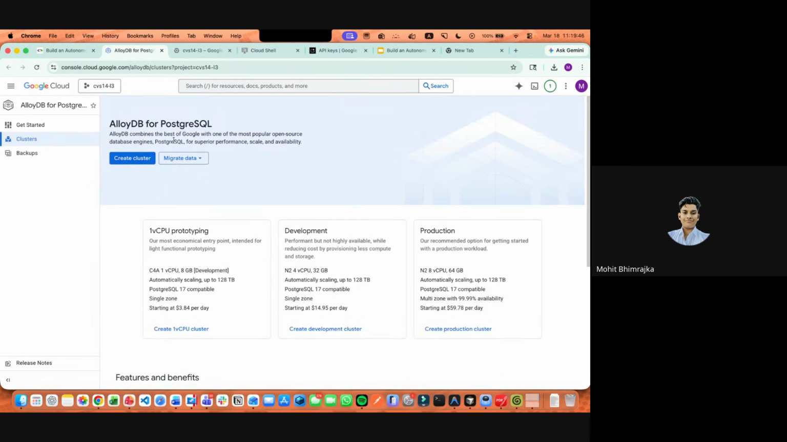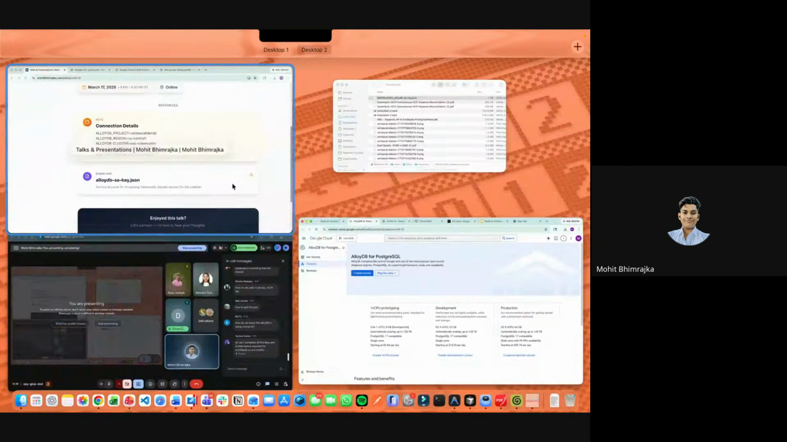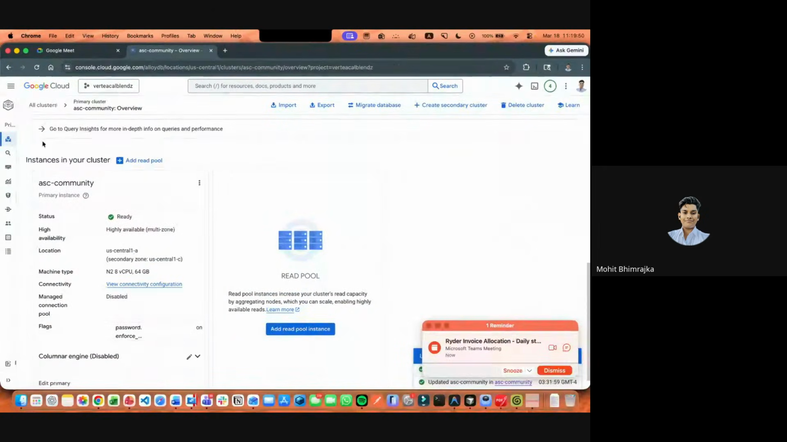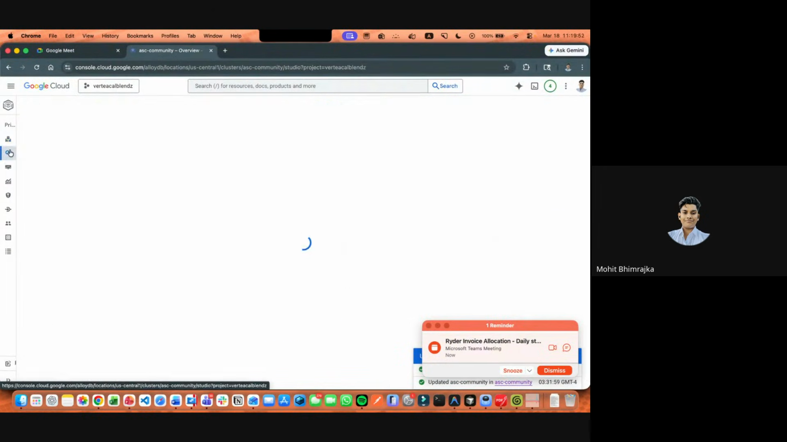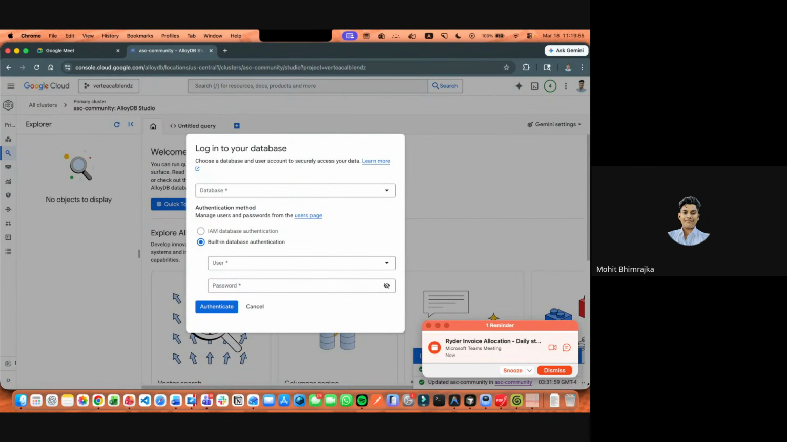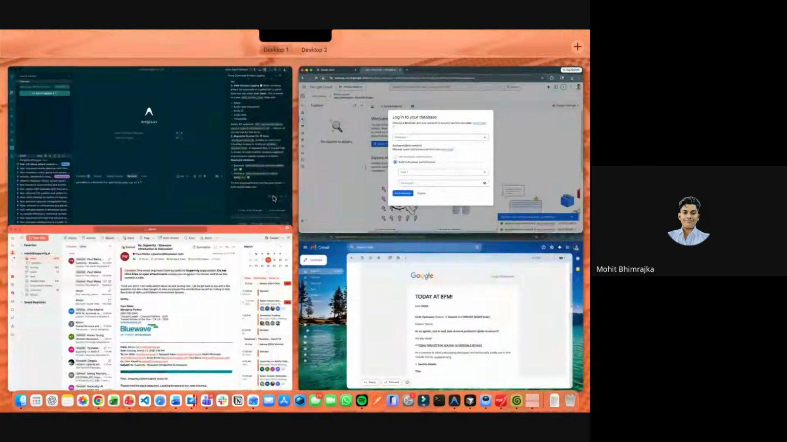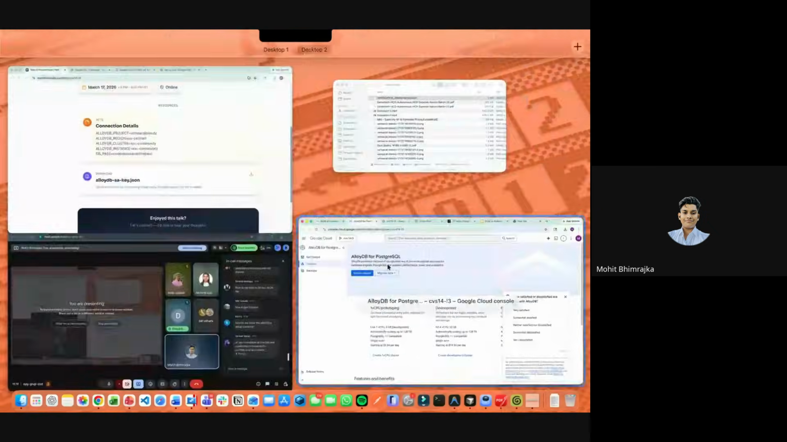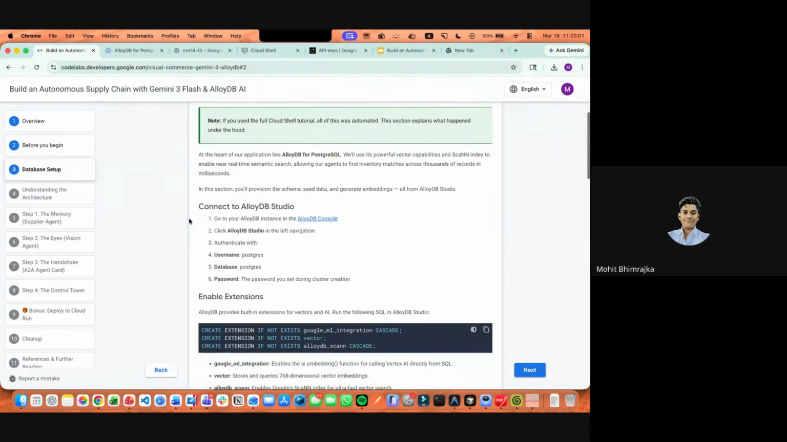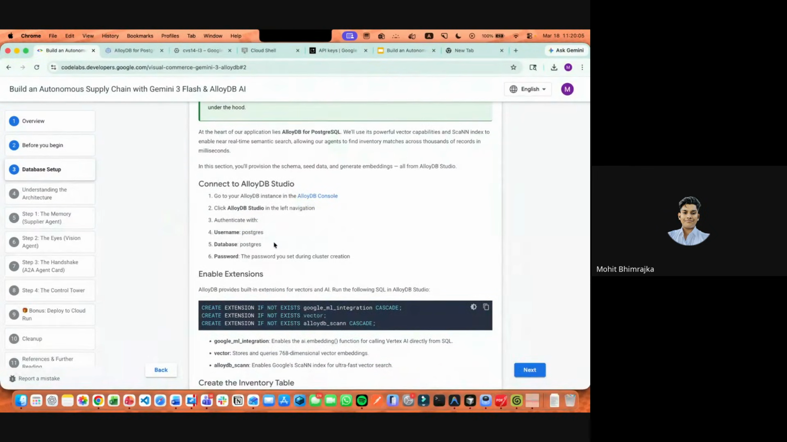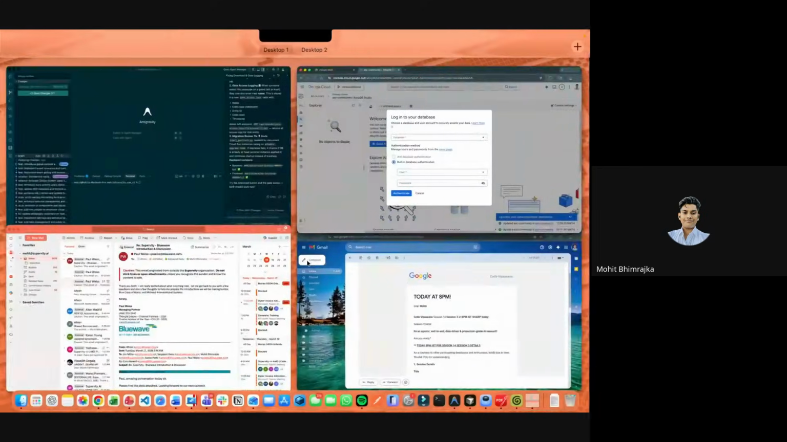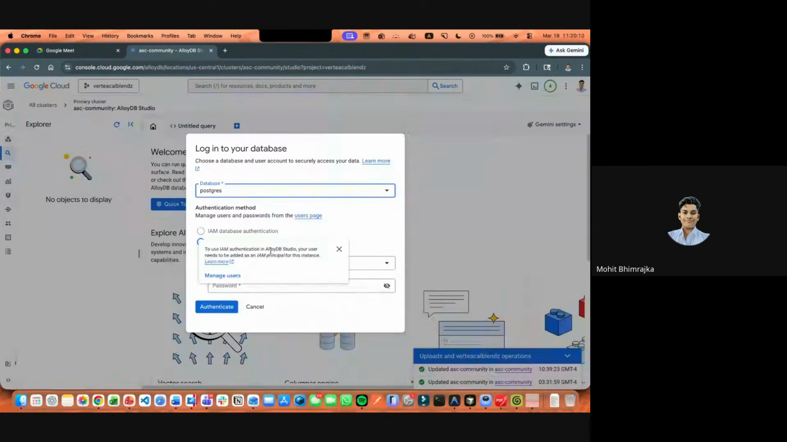I'm repeating again, just in case you want to do it later. I'm just showing it to you in case, so it's in the recording and you can do it later. Okay, so once you open this page, this is the code lab. Once you open the page, just authenticate with the username, the password and the database. So you can authenticate,